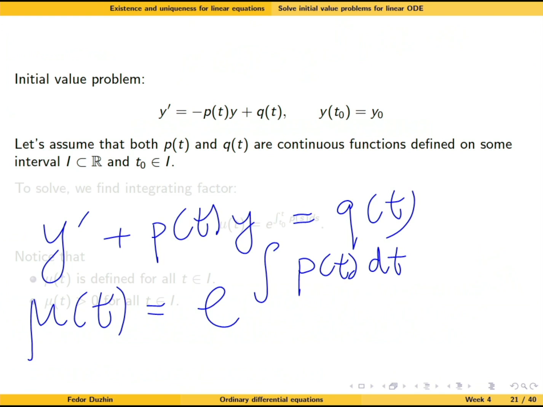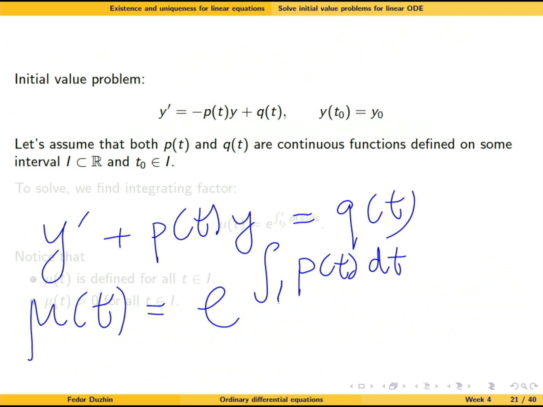Well, the antiderivative is defined up to adding a constant. Adding different constants is going to give us different integrating factors. But in the end, they all are going to lead us to the same general solution of the differential equation. So if we just want to solve the differential equation, it is enough to find just one integrating factor, any specific integrating factor. Which means that rather than writing down all possible antiderivatives, we can compute any particular